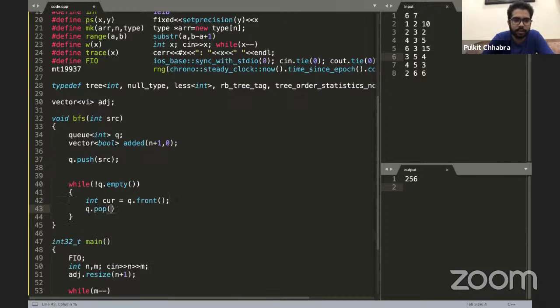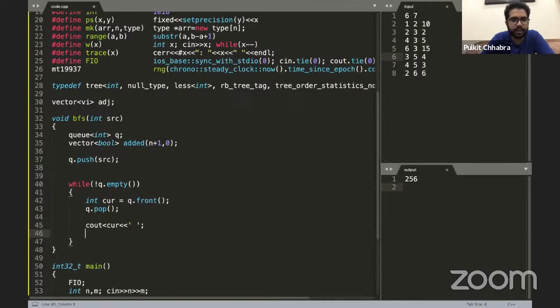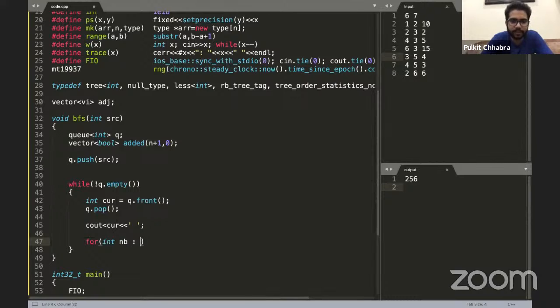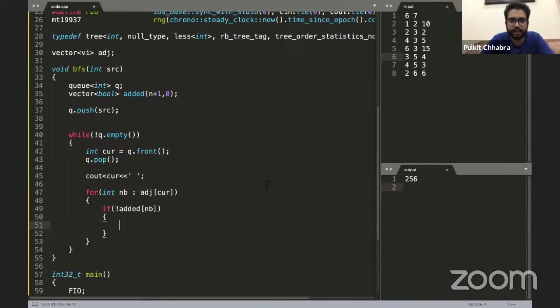I'll just pop it out and print it, right? And then we have to visit the neighbors of this node. So for int neighbor belonging to adj of current, we'll visit the neighbors of the current node, which can be iterated like this. If the neighbor has not been added, I'll just do q.push of that neighbor. Sounds good or not?